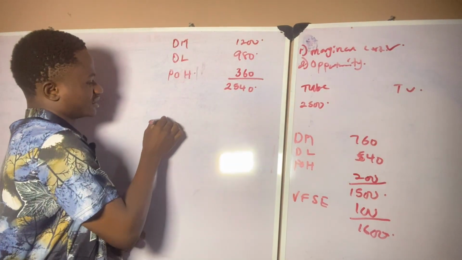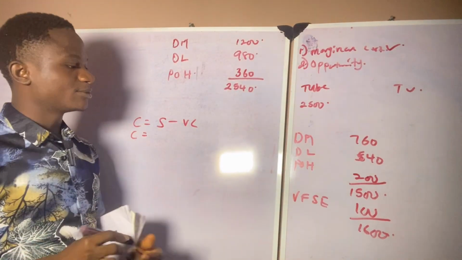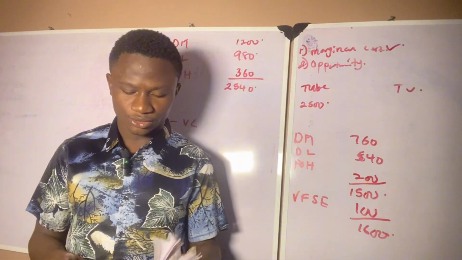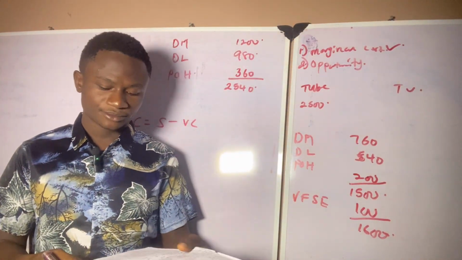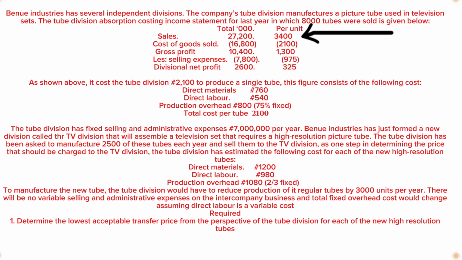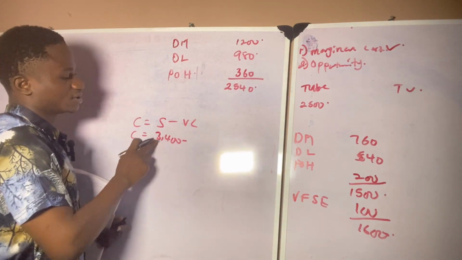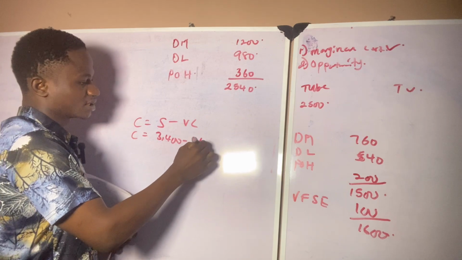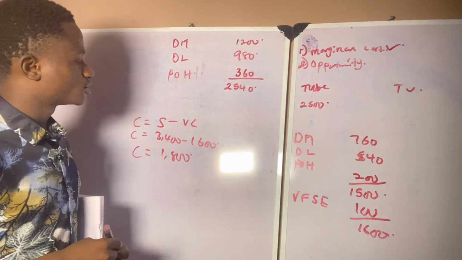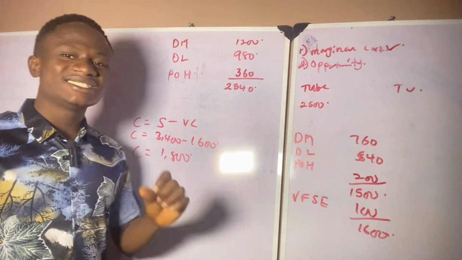Simply, contribution is sales minus variable cost. So contribution is equal to the price he is selling one at. I've already gotten the variable cost to be 1,600. So from the question, we're given the amount he sells one for. We have been given sales is 3,400. That's sales per unit. So sales is 3,400 minus variable cost, which is 1,600. So one contribution is 1,800. So this is the contribution, the amount this guy will be earning on each unit of